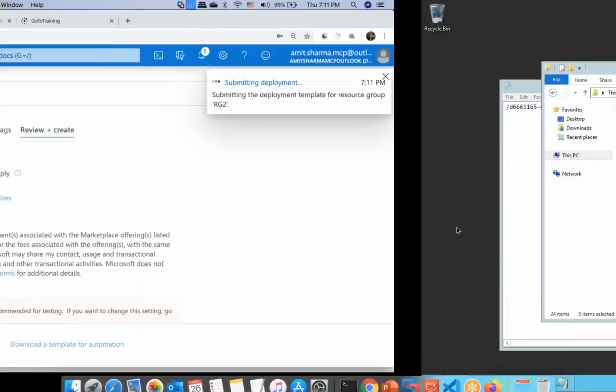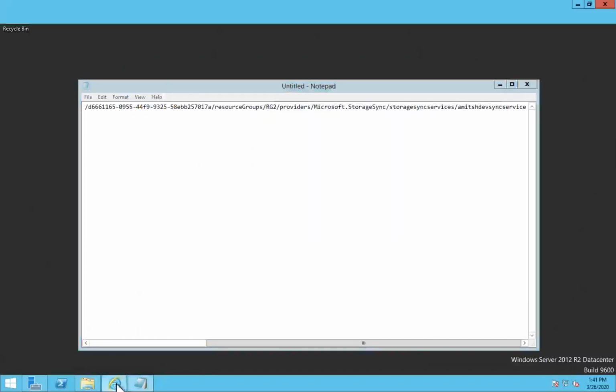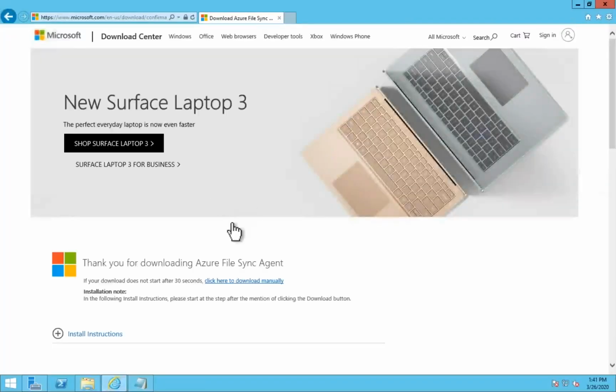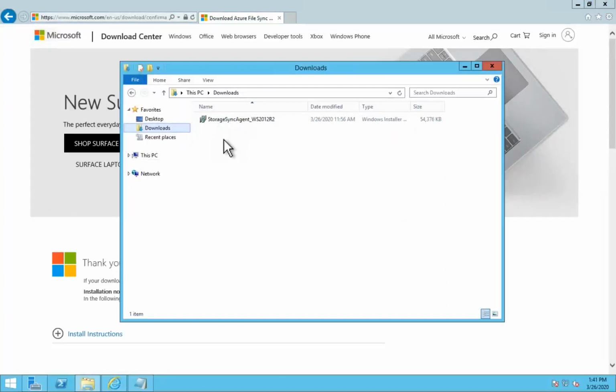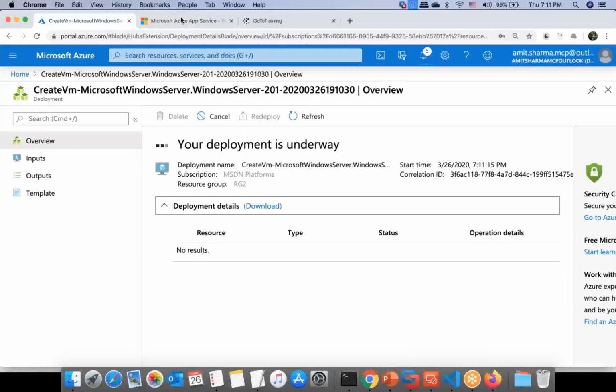But after creating a VM, what I did was I went to a URL. I'll tell you how to actually access that URL. And then I downloaded one agent onto it. After downloading that agent, I have to run that setup. The agent, after being downloaded, asked me to connect to my Azure subscription. So I had to pass my username and password for my Azure subscription. And then it asked me, okay, which is the storage sync service which you have configured there. I configured a storage sync service there, let me show it to you,